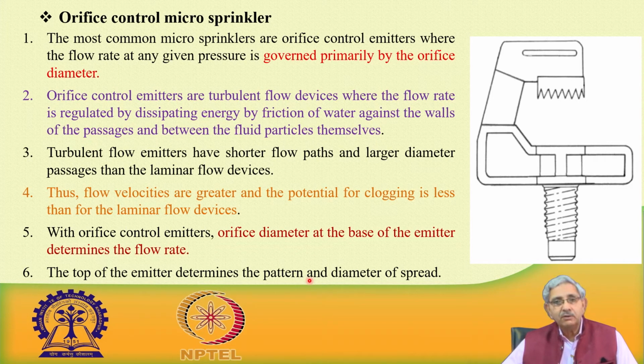Mainly we use micro sprinklers when the crop is closely spaced. Besides this, clogging is another thing. This is the important part: when the quality of water is poor, drippers as well as filters get clogged repeatedly. In that case, because the orifice size in a micro sprinkler is relatively larger, the possibility of clogging is minimal.